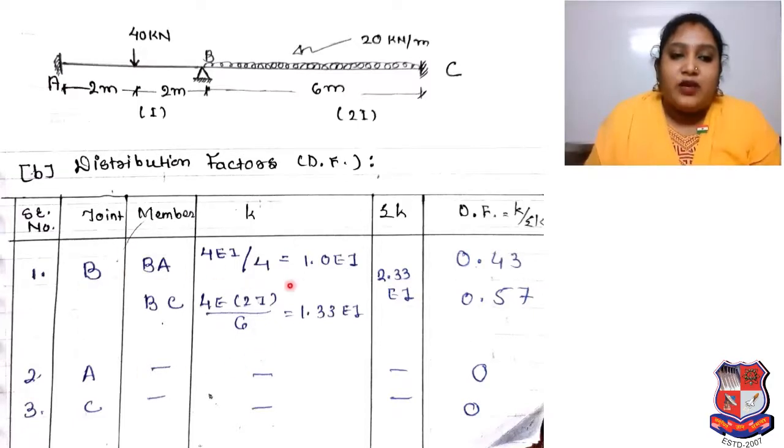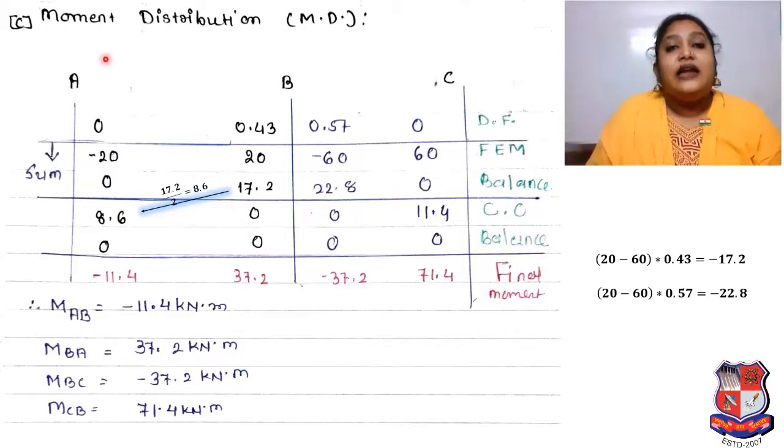Now we have to remember the values of the stiffness, because whenever we plot the table, at that time we need the distribution factors. Now we have to go for moment distribution. Whatever we did in our previous problem, those steps we have to follow over here, but we have to keep some points in our mind. I will discuss them while calculating the problem. So A, B, C joints are there. Okay, whatever the distribution factor, the fixed end is there. So the distribution factor at joint A is 0, at C it is 0.